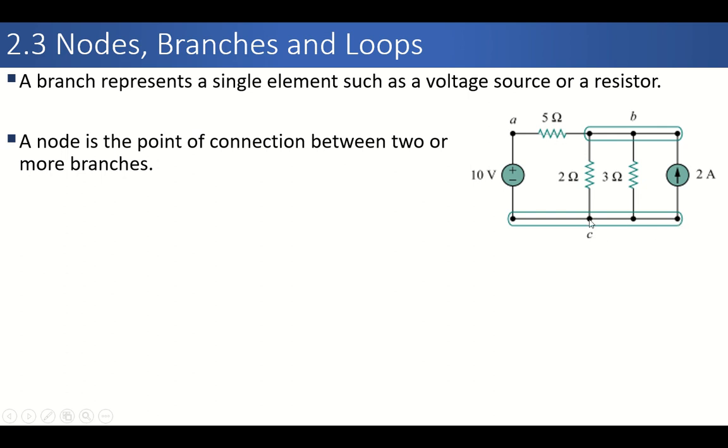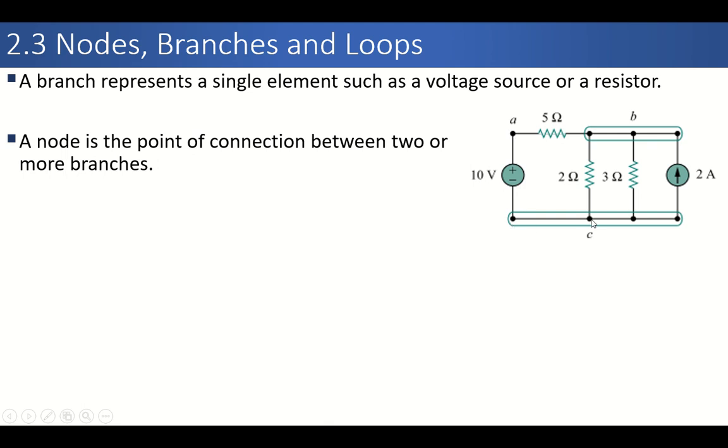Similarly, this is point C. Again, you can see why this whole thing is one node, because if we go from this point up to this point, there is no element connected. This means that this point is the same as this point. But if we go from this point to this point, we can see that there is at least one element connected. So it means that these two nodes are different. That's why we have labeled this node as A and this as point C.